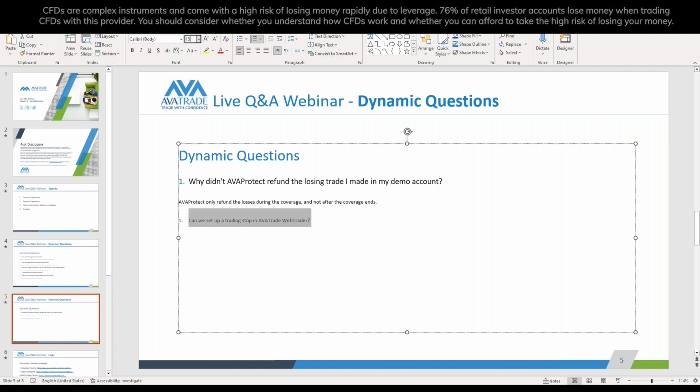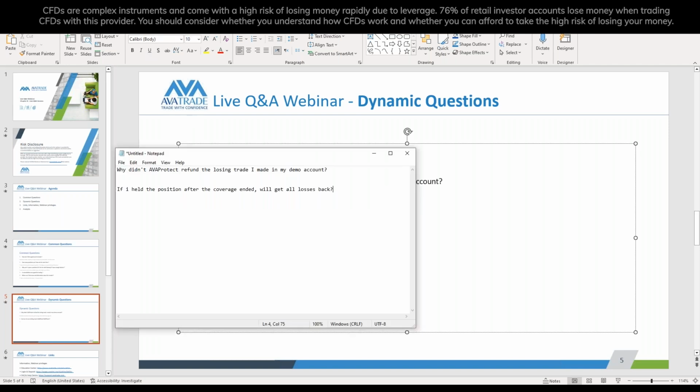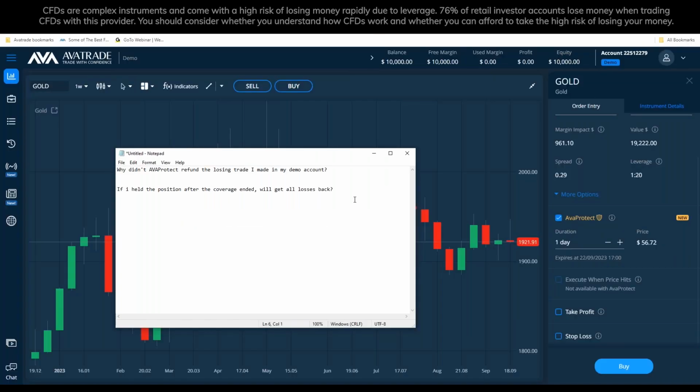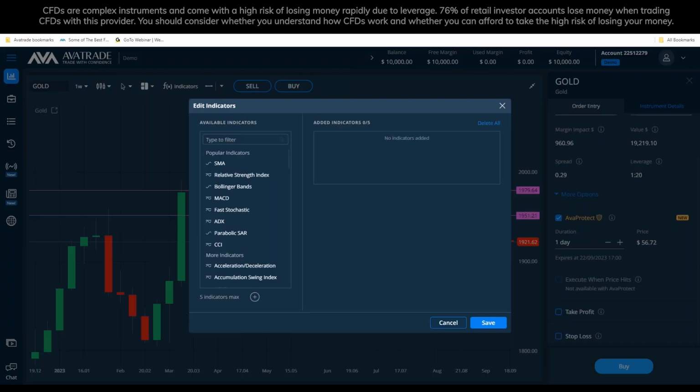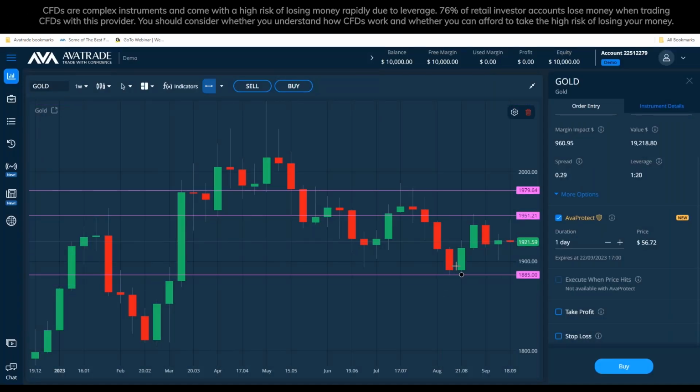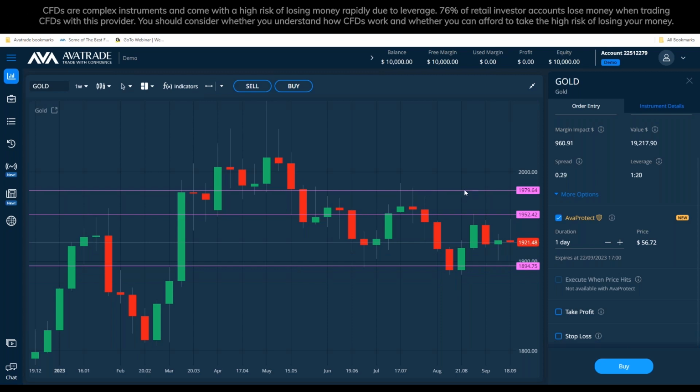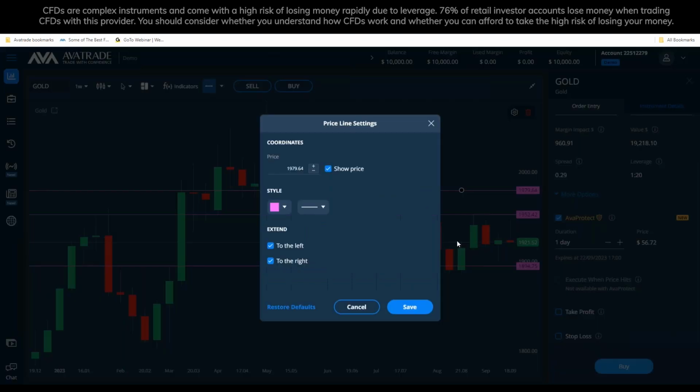Okay, can we set a trailing stop with AvaTrade? Absolutely, yes. In a nutshell, trailing stop means that I'm pushing my stop loss towards the entry point, sometimes even above that. So hypothetically, I took a buy. Okay, I took a buy and